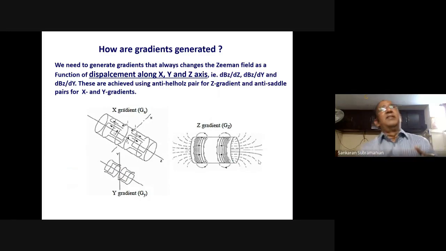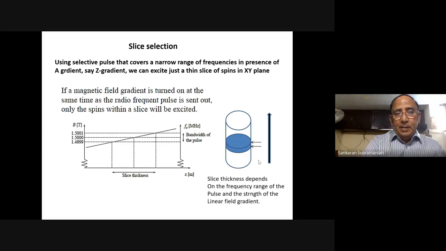Each one of these coils is capable of changing the Zeeman field, dB/dx, dB/dy, dB/dz. So x, y, z displacement will change a corresponding Zeeman field. Zeeman field is most important for us for the Larmor frequency. Therefore, using these kind of three-dimensional gradients, it is possible for us to get the frequency shifted inside an object depending upon the actual distribution of the spins inside that object. And it is also possible to apply a one-dimensional gradient, and therefore the frequencies will depend upon the location.